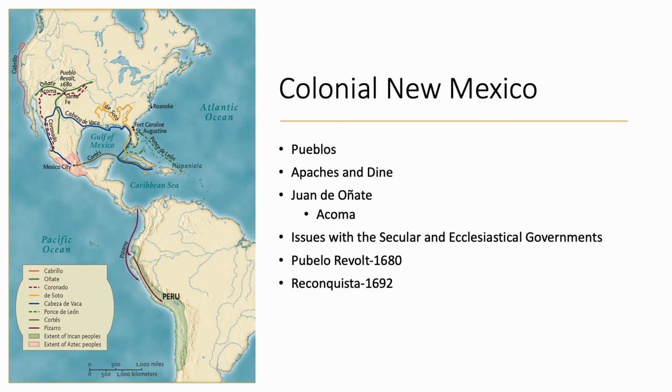Now, for the first few years of the colony, the Spanish settlers had mostly become dependent on the local pueblos for food. They would require that the local pueblos pay tribute in the form of food. But as I mentioned earlier, the fragile ecosystem of the region made the collection of food incredibly difficult, or at least long term, I should say.